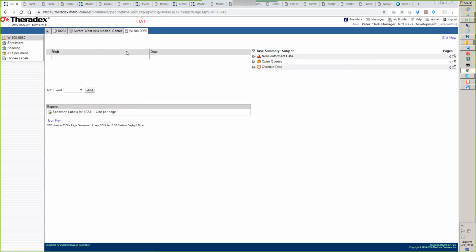When we're in RAVE with this biorepository role, we're only going to see the folders and forms that are relevant to the needs of the lab. And in some protocols